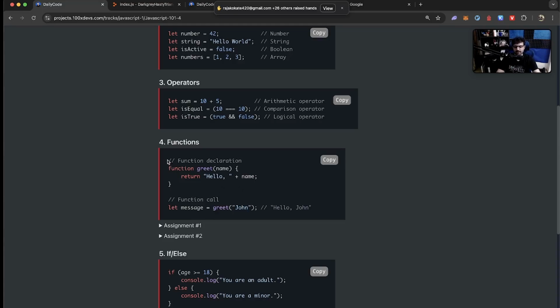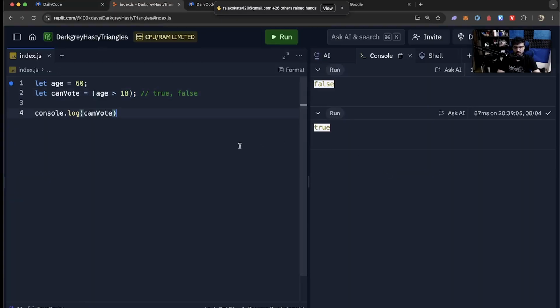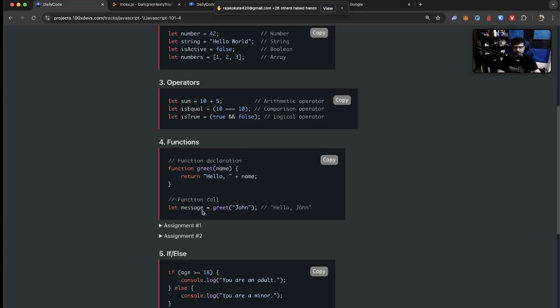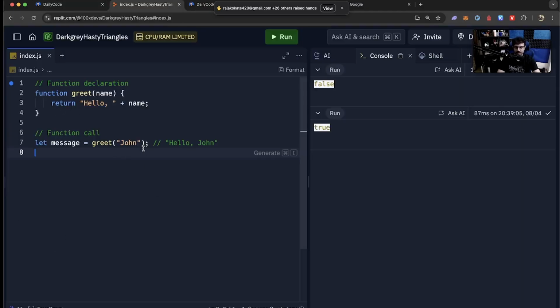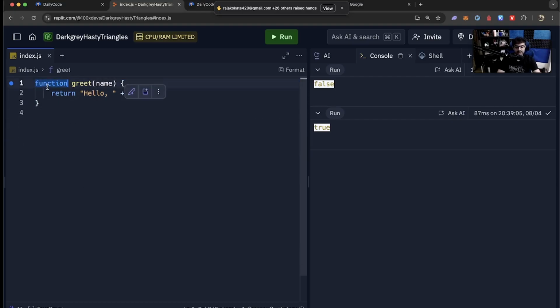Let's understand this a little bit better. There's a lot of code to go through here. So let me copy this code. Let me paste it over here. What does the code do? Forget this. It defines a function. Just how I defined variables, I can define a function like this. Okay, bhai, function, the name of my function. I repeat, this is the name of my function. My function is called greet.